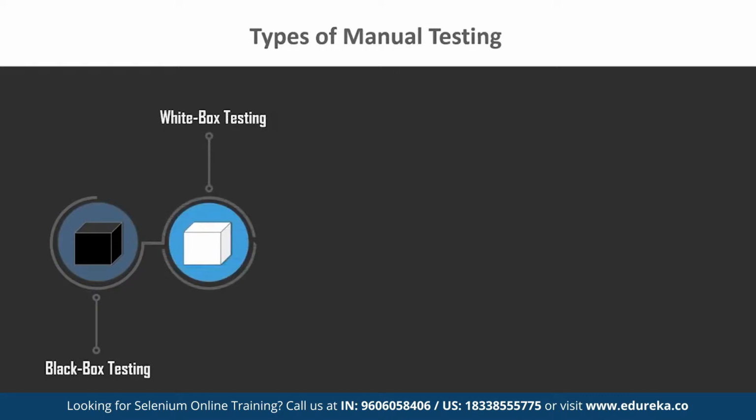Next is white box testing. So as the name suggests, in white box testing, the tester knows about the code and the structure of the application. For that reason, it's also known as glass box or transparent box testing. Mostly, this type of testing is used by developers to perform unit testing. There are various white box techniques that can be used by the tester to find bugs and defects, like control flow testing, data flow testing, then branch testing, and then statement testing, decision coverage, and path testing,